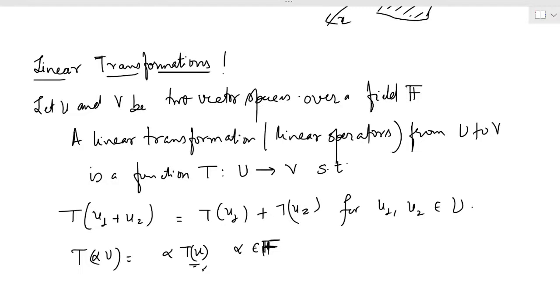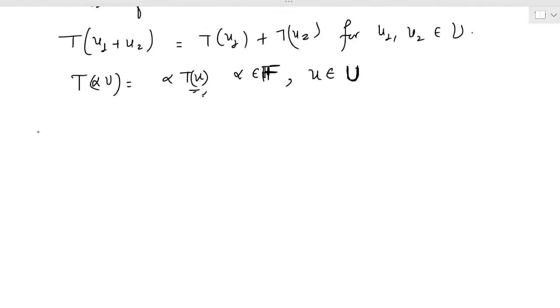Where alpha belongs to F and u belongs to U. Okay, is that clear? Okay, and we can shorten these two conditions by saying this also. Or if both of them, if you just want to see one condition, then